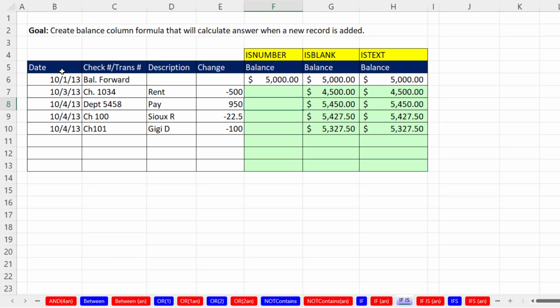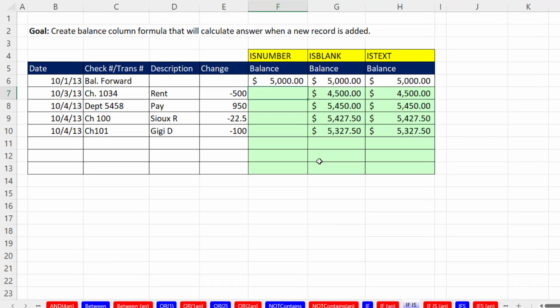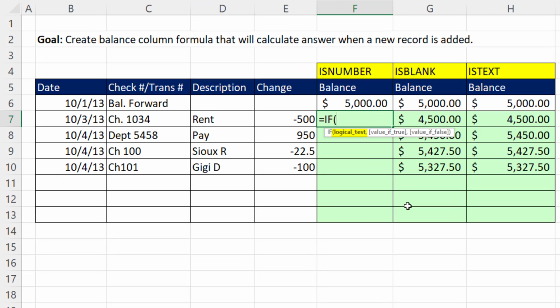Now the logical test is going to be built on whether or not a date is entered. And because a date is a number, we can use ISNUMBER as the logical test. Equals IF, ISNUMBER. We're looking at a relative cell reference. That's going to come out TRUE or FALSE, comma. If it's true, I need the balance. And the balance formula is always going to be whatever the balance is from the previous row